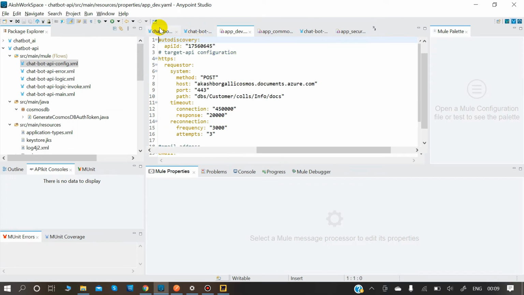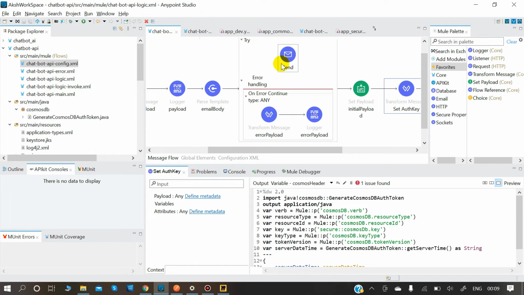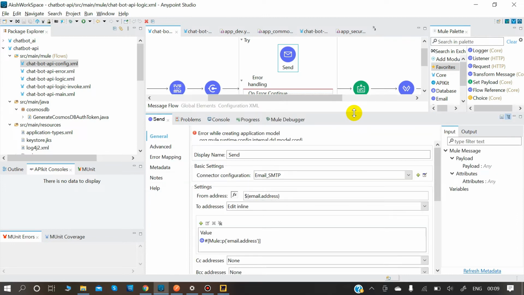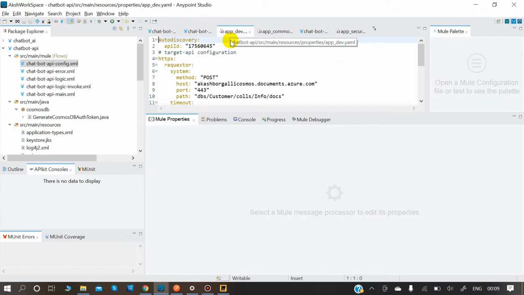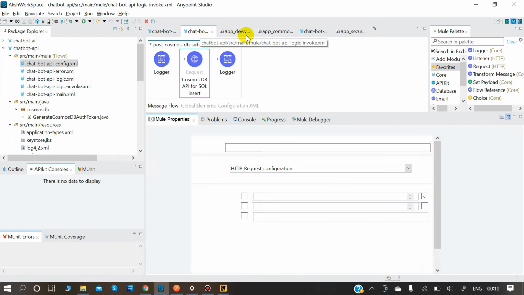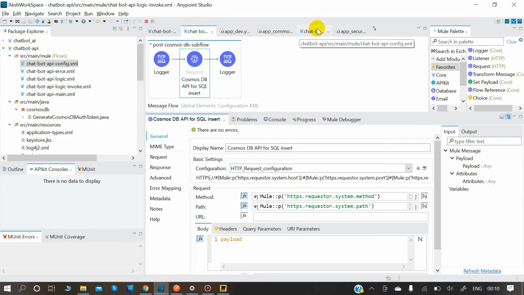Now coming back to our send component. As you all can see, the email ID would be coming from this app dev Akash address, which I have set. So from here it would be coming.